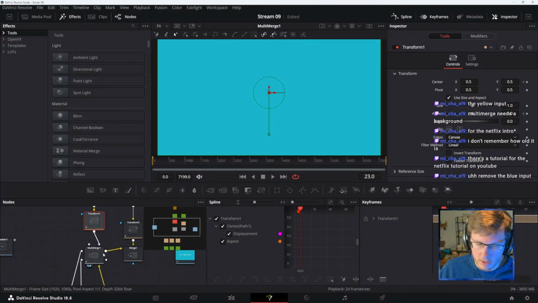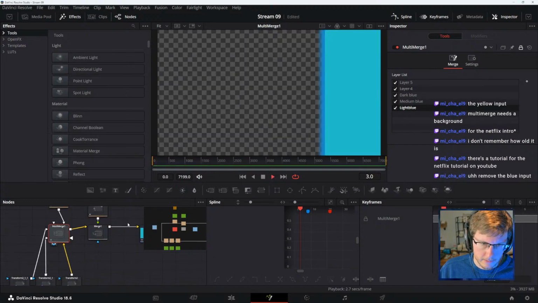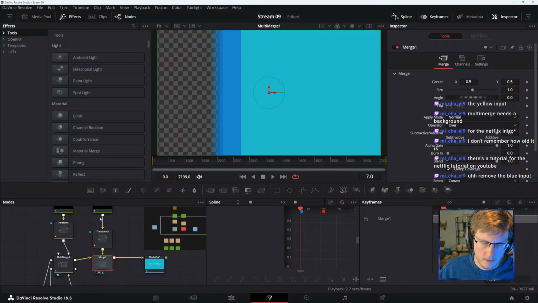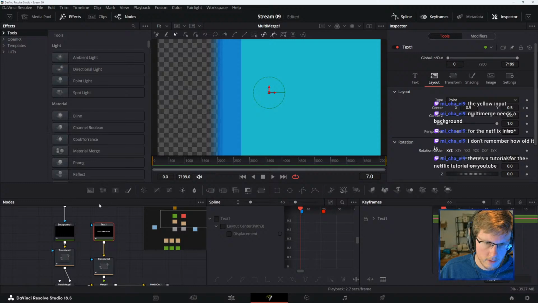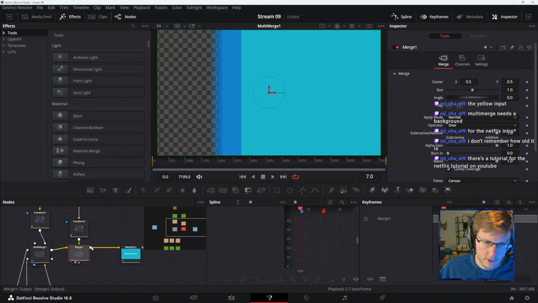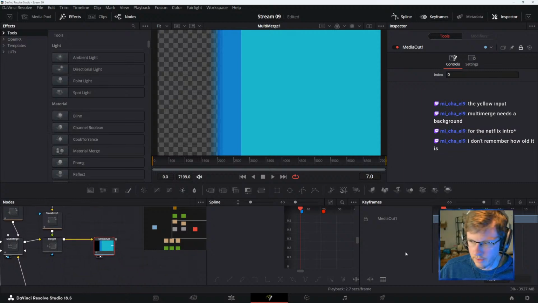I just want this one on the foreground, though. I think the light blue, I think I can adjust it like that. Getting a little tripped up with that. Oh, and we lost the text here. Why did we lose the text? It's on the foreground, and then that's media out. Sheesh.